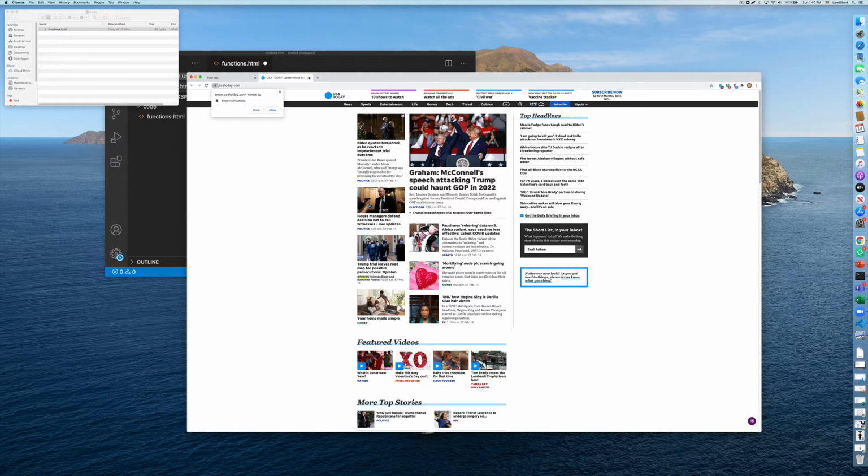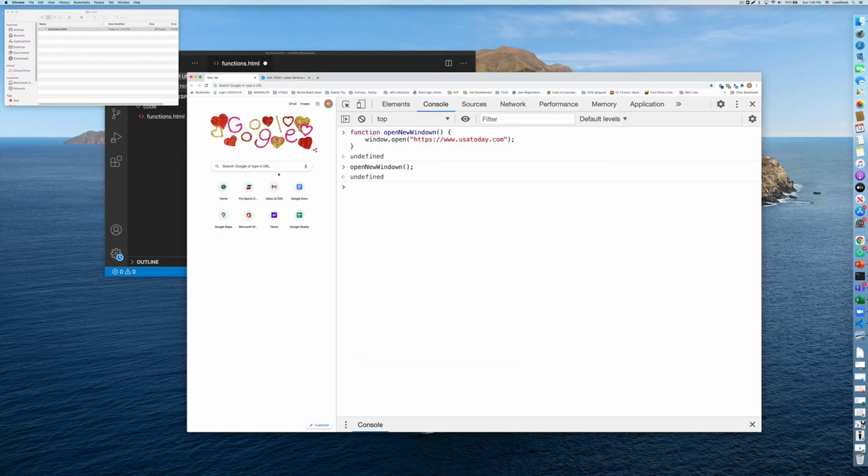Perfect. Do you want to show notifications? No, because then they'll never stop. So that's that one. That's how to open a new window. Basic functionality, pretty cool stuff. What else can we do? We can do,